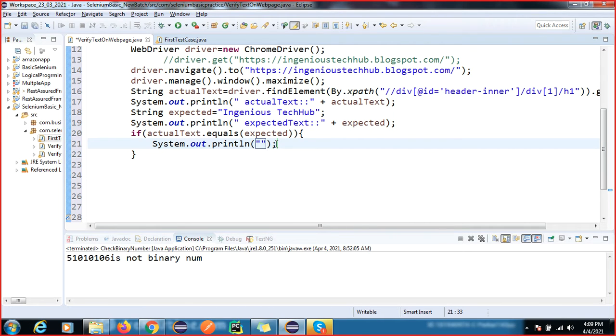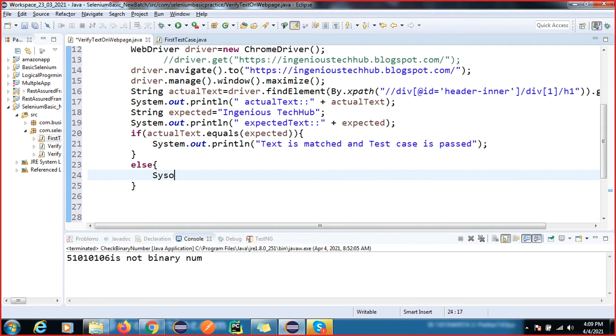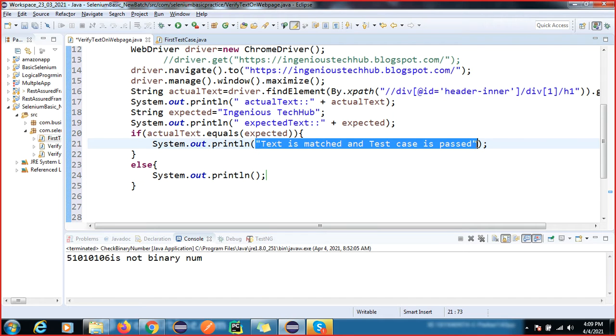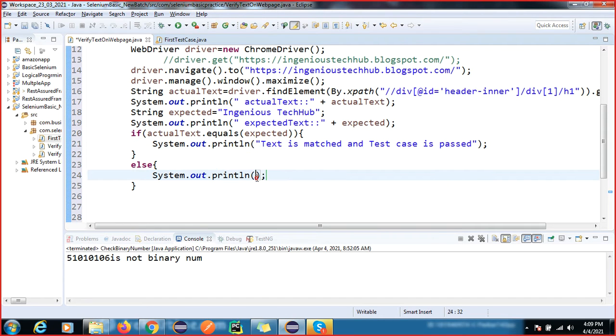So here: text is match and test case is passed, or else text is not match and test case is failed. That's it.